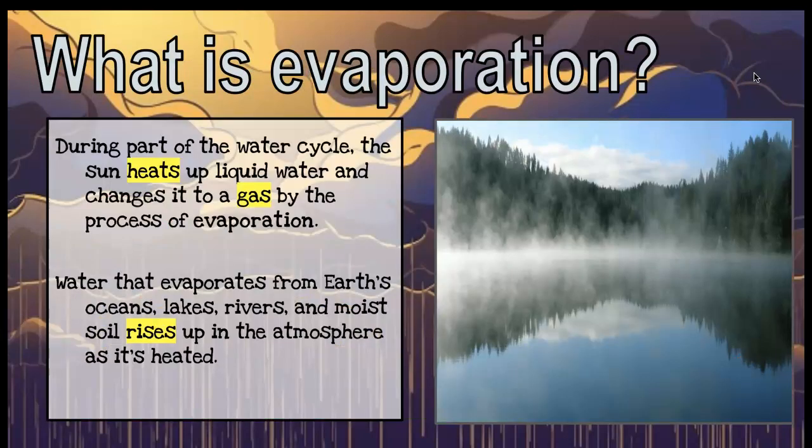So during this part of the water cycle, the sun, the driving force, right, is heating up the water, and that water is in liquid form, but once it reaches a certain point, like the boiling point, it turns into a gas, okay? So that gas will then rise up. We know that warm air rises, so that gas is going to rise up into the atmosphere. No longer a liquid, it's now a gas, and we call that water vapor. This can happen over oceans, lakes, rivers, moist soil, doesn't matter. Anywhere where there's water, evaporation can happen if it's heated and turns into a gas.